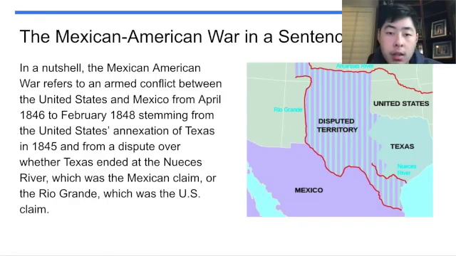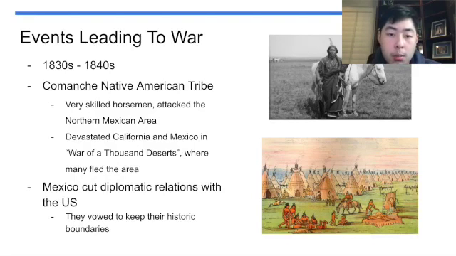In a nutshell, the Mexican-American War refers to an armed conflict between the United States and Mexico from April 1846 to February 1848, stemming from the United States annexation of Texas in 1845 and from a dispute over whether Texas ended at the Nueces River, which was a Mexican claim, or the Rio Grande, which was the U.S. claim. Now, before describing this war in more detail, I want to describe the factors leading up to the war,